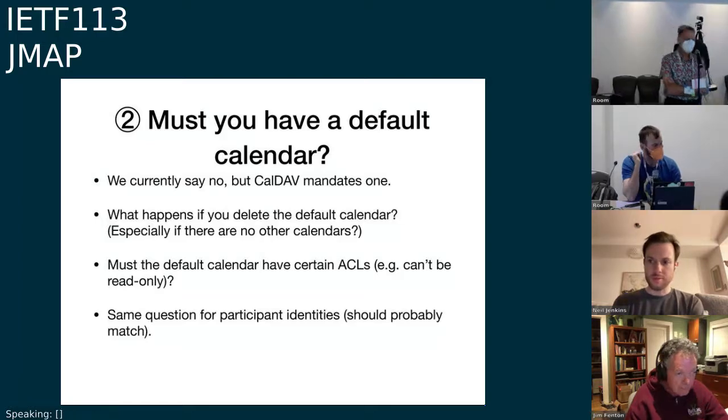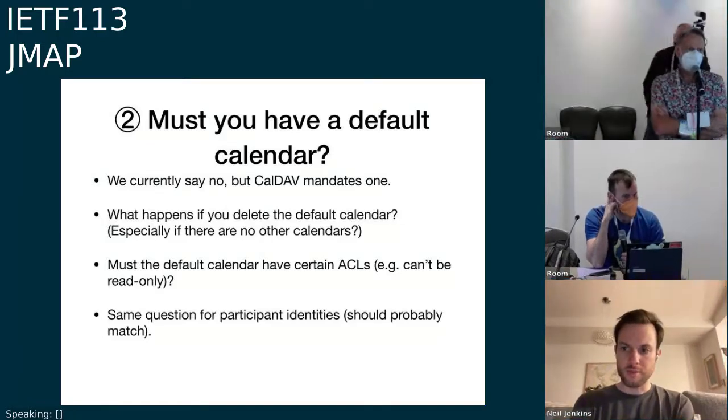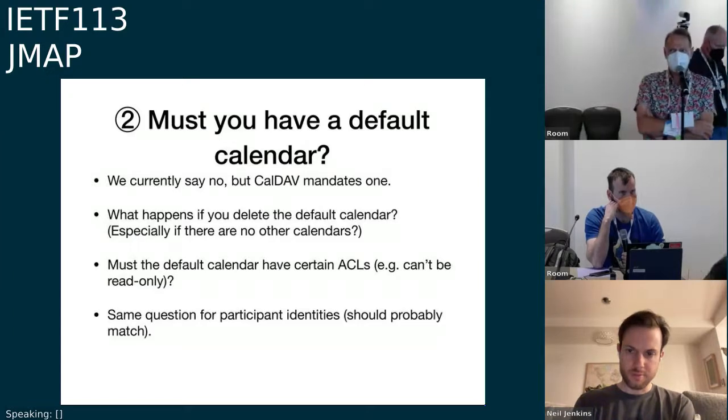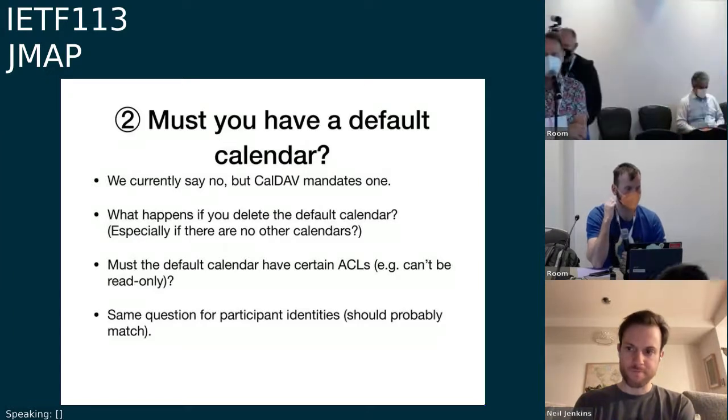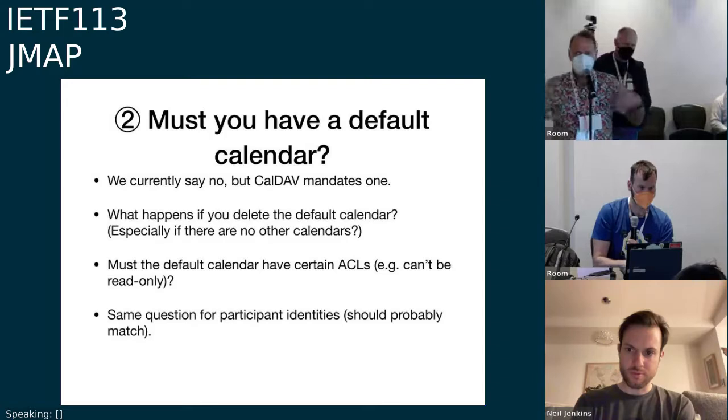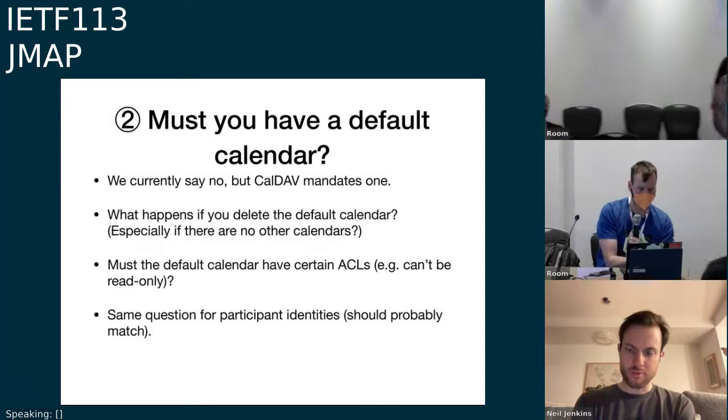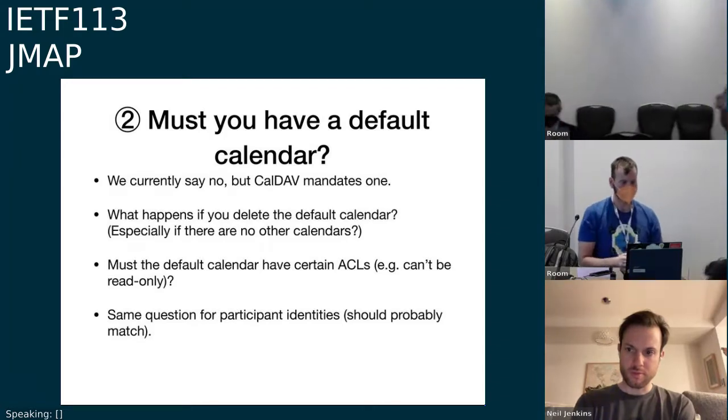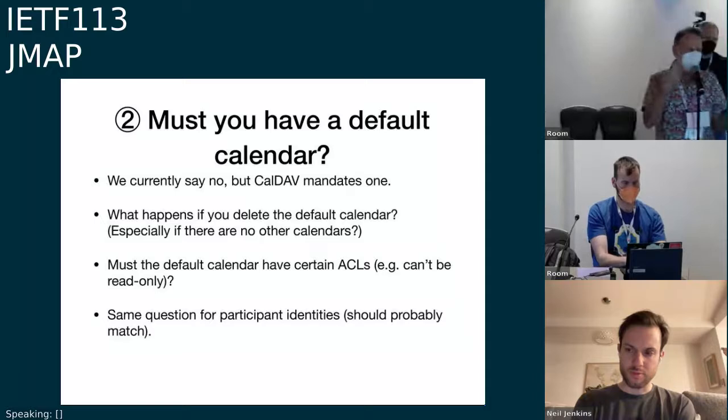Barry Leiba here. Well, back to the default calendar thing. This seems to be analogous to the IMAP inbox, where IMAP specifies that you have to have an inbox. If you delete it, it gets recreated. With inbox, if you rename it, then a new one is created with the name inbox.